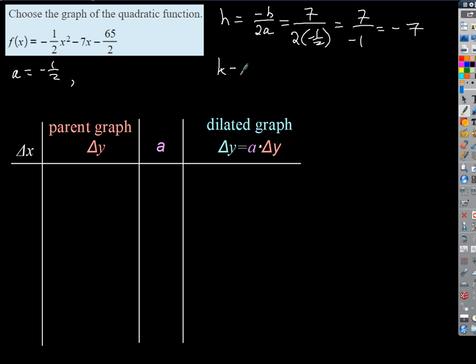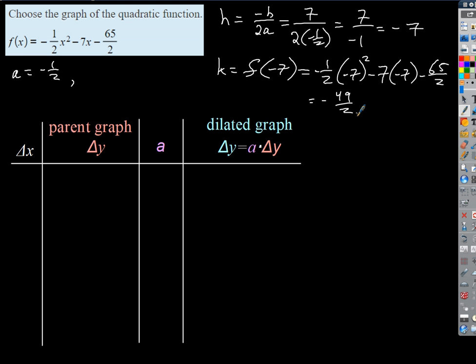Then K must just be f of negative 7, which is going to be negative 1/2 times x, which is negative 7, so I'll square that quantity, minus 7 times negative 7 minus 65/2. So what are we going to get? Negative 7 squared is what? Times negative 1/2? Yeah, negative 49/2 plus 49